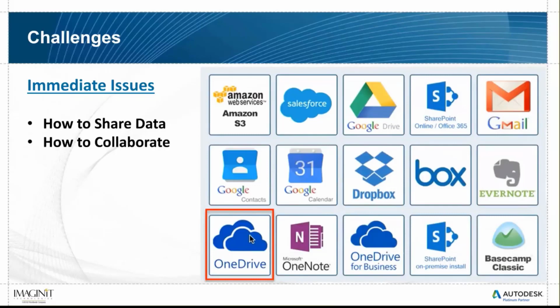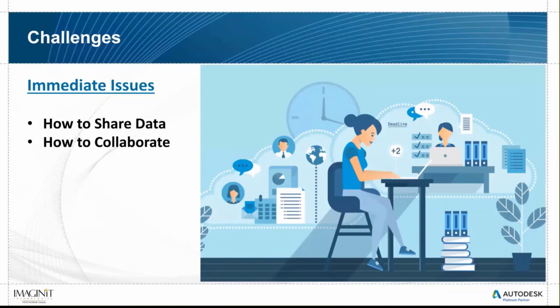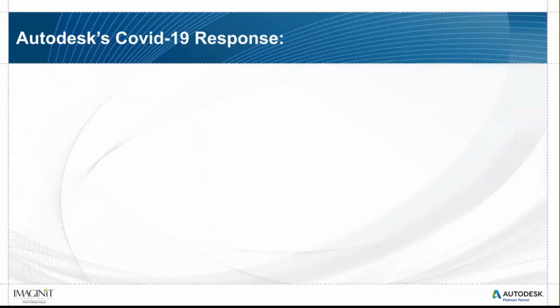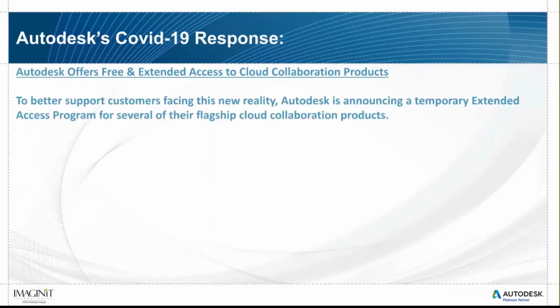Then we have to think about, well, how will we collaborate? Obviously, we have phones, we'll have WebExes like what we're doing today, but sometimes we need to look at our files together and things like that to be able to transfer information via red lines when you're designing, and so on. So Autodesk, in response to the situation that we're in, has decided to allow people to have an extended free trial of some of their flagship cloud